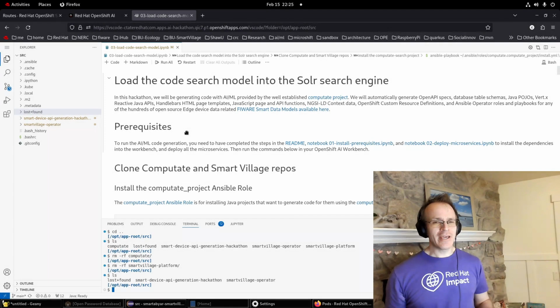We are continuing on with our Red Hat AI Combinator Hackathon entry for code generation. And we're going to load the code search model into the Solr search engine. In this hackathon, we'll be generating code with AI/ML provided by the well-established Computate project for generating lots and lots